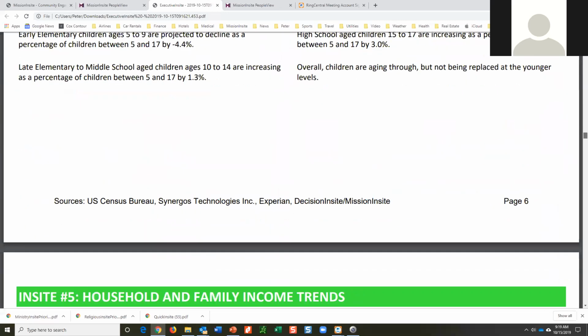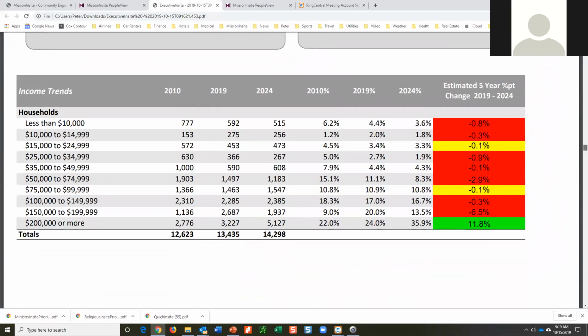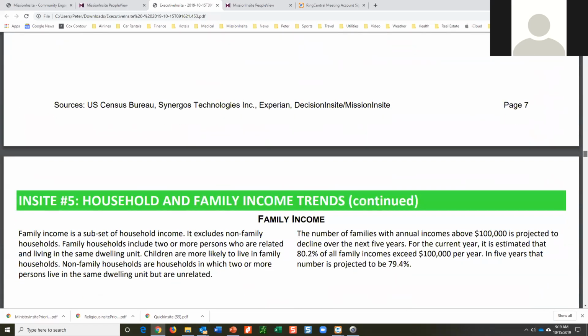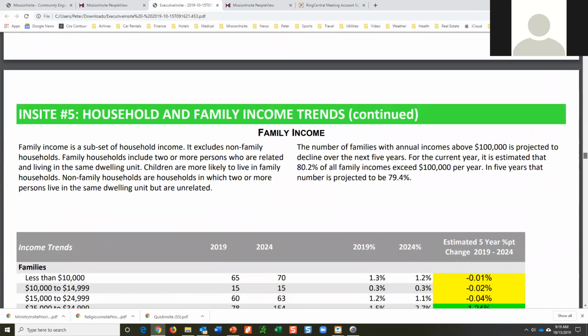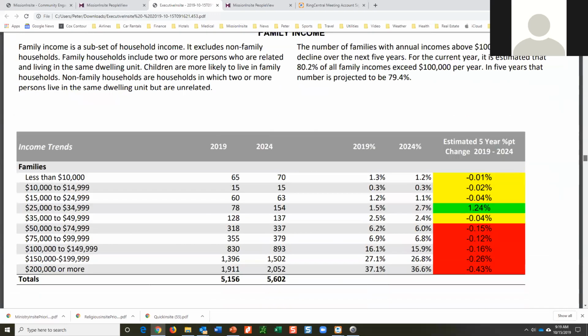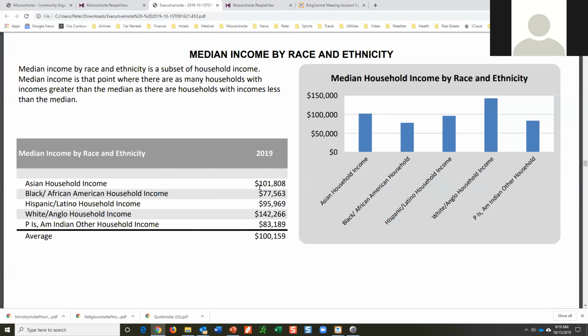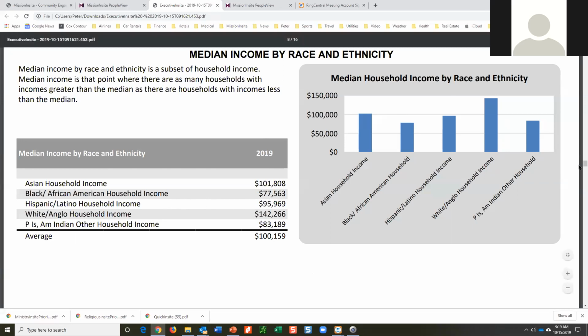And whenever we take an area and index it, we always do it to the state, in this case, the district. One of the things I like about all the financial data here is that there is a median household income section. And this is by race and ethnicity. And so we can see, given which groups we might be working with, the differences in that income level.